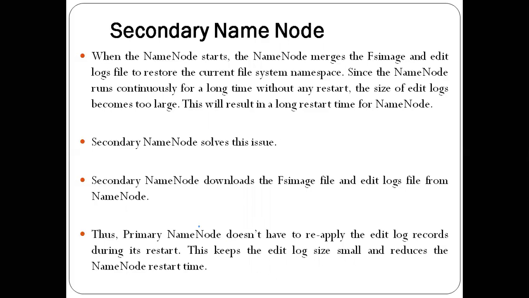Clear? So a name node is having two main work. One is giving file access to the client. Second job is to club edit log file with the fs image. But clubbing fs image with the edit log file takes too much time. That time it cannot handle a client request. So that this clubbing of edit log and fs image job is given to another component. We call it as secondary name node.